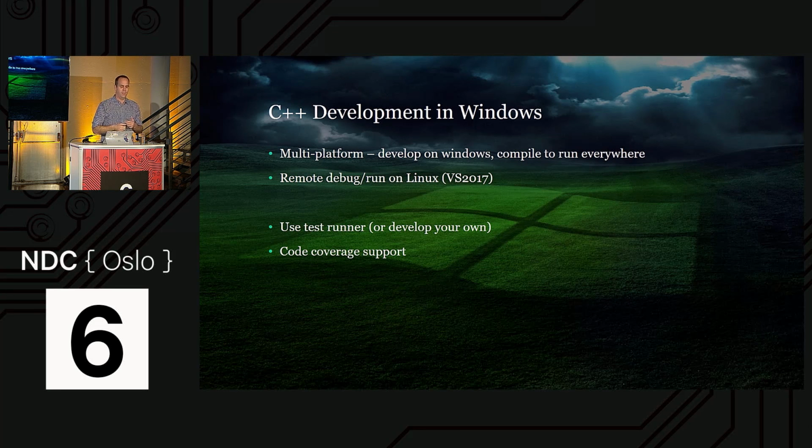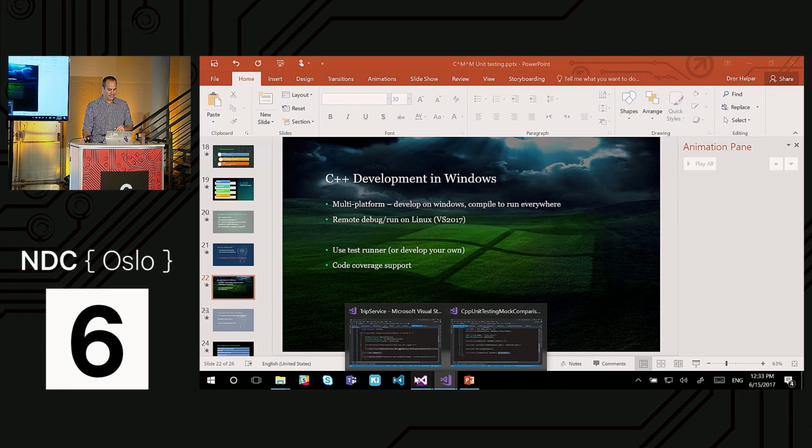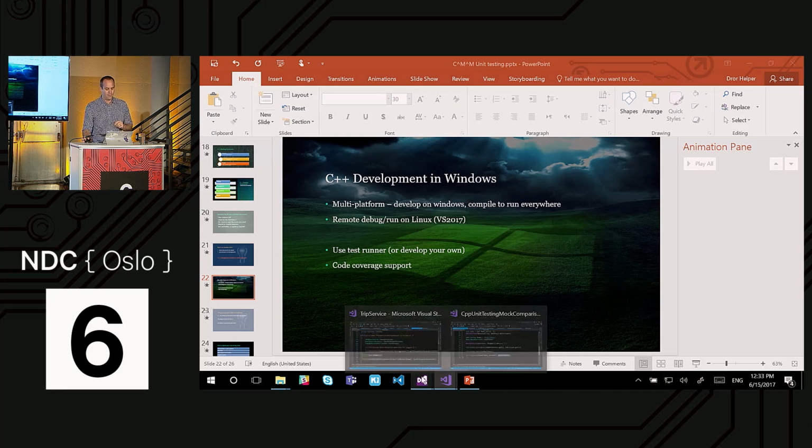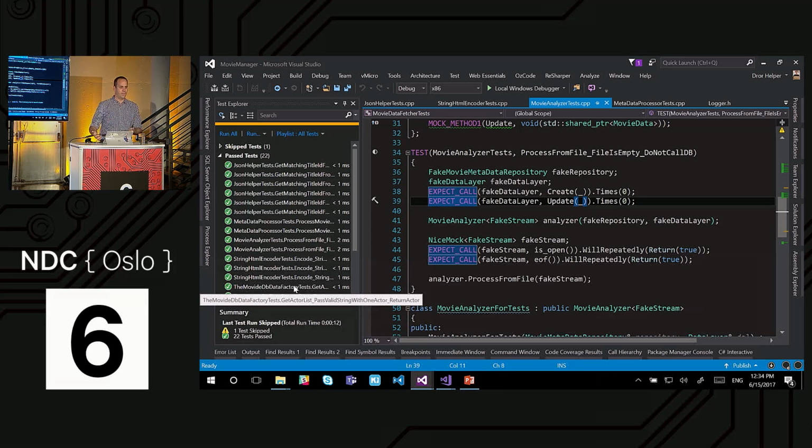You saw me use ReSharper for C++, and Visual Studio as well has the ability to run tests. And you can also use coverage. And that's cool because coverage tools are very helpful when you need to understand whether or not you forgot to test something. For example, here, you see all the tests here? Those are Google tests. Those are not Microsoft tests. And they appear on the side because I've installed the test runner for Google Test. And there's one for Catch, and there's one for about any unit testing framework. And if there isn't one, you can write one yourself.